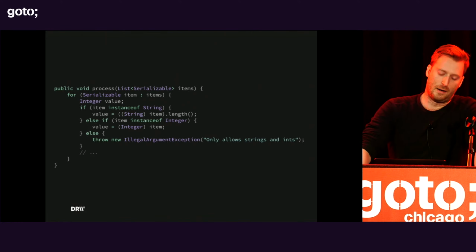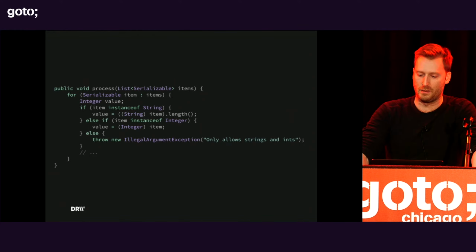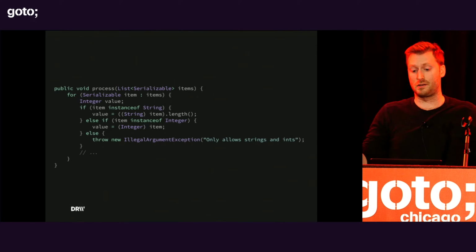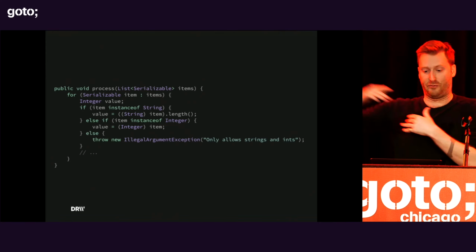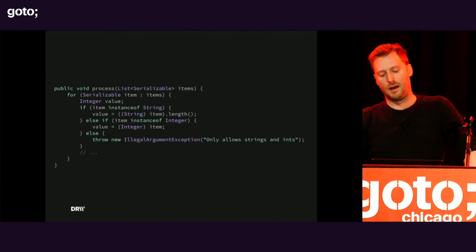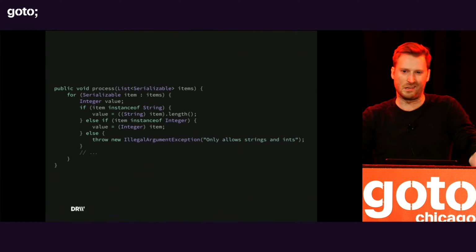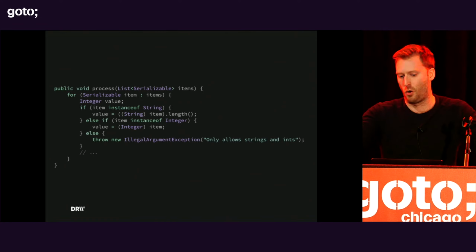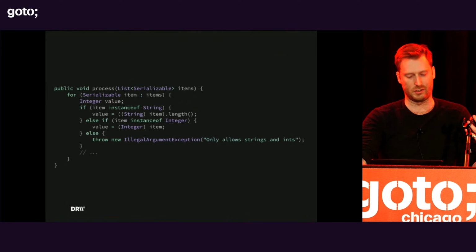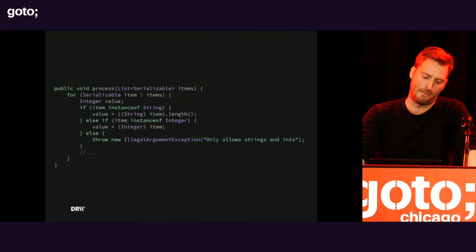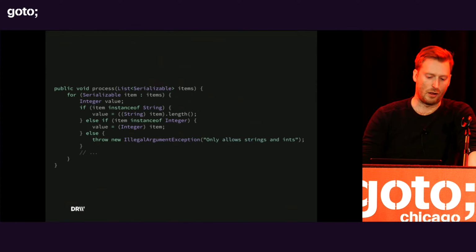But the reality is that in Java, your only option by default is to choose the nearest ancestor, or the furthest ancestor if you just want to say object, and then cast. Do instance-of checks and cast down and deal with the things in isolation. So let's say we want some integer value, and if it's a string, we're going to call length on it, and if it's an integer, we'll just take it as it is. The type checker is going to warn us here that value won't be